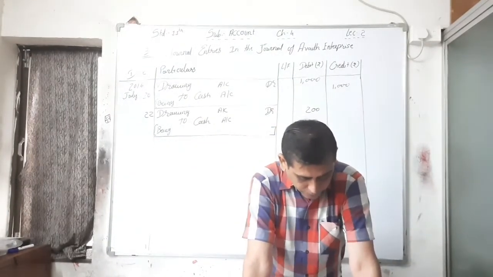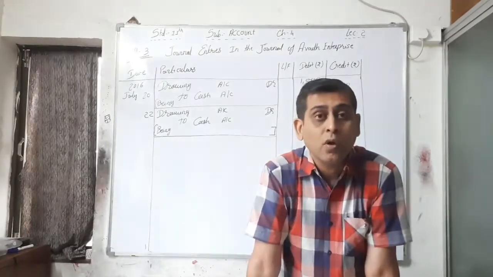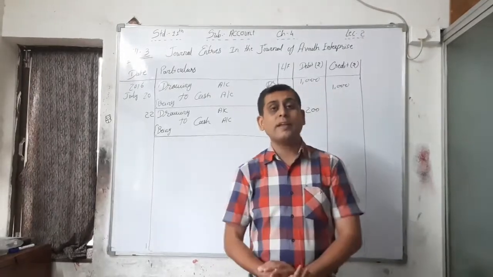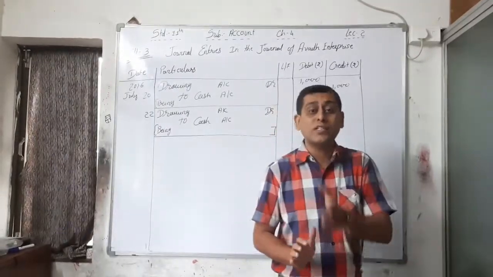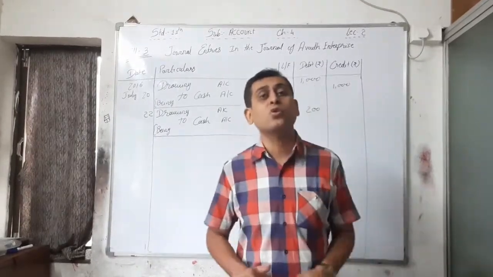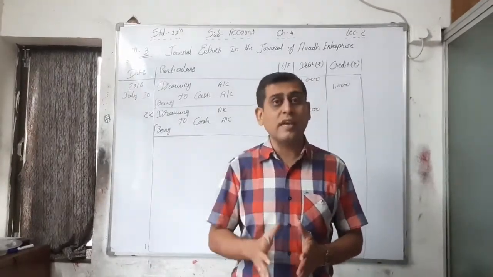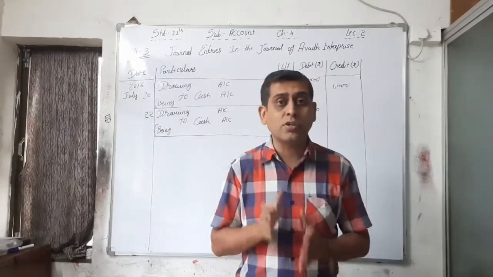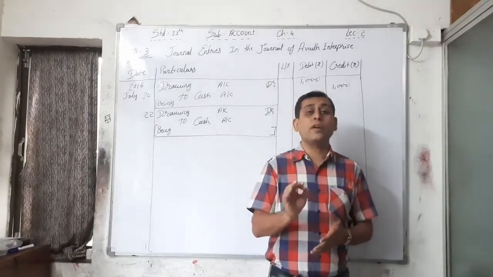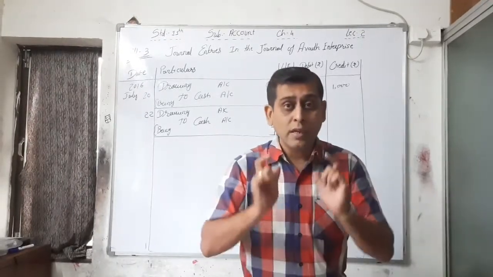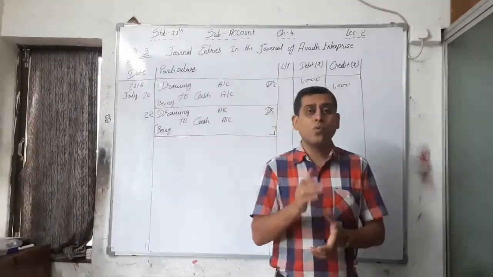See that? Withdrawn goods of rupees 400 for personal use from the business. See, whatever amount is taken from the business, that is also a drawing, but whatever goods are taken from the business for their personal use, that is also called a drawing. But whenever goods go out other than sales or other than purchase return from the business, at that time you have to credit the purchase account. See, write down this note compulsorily into your fair book. Please write down this. Whenever